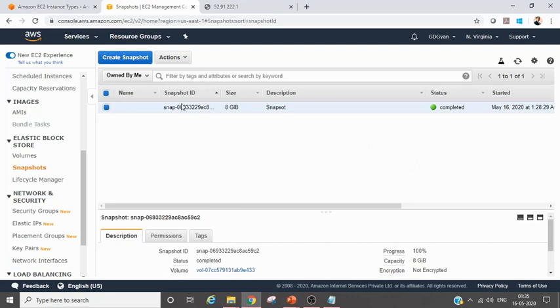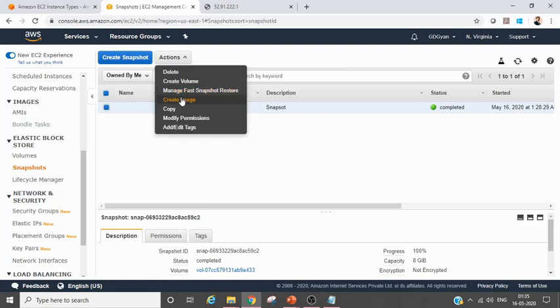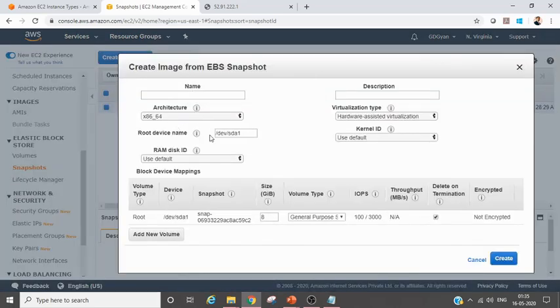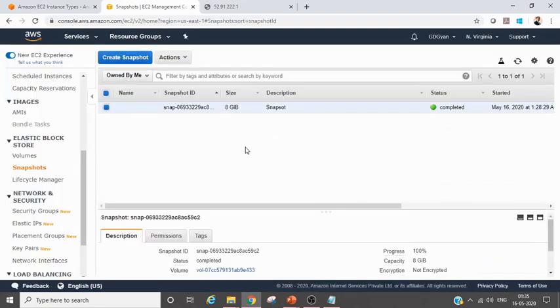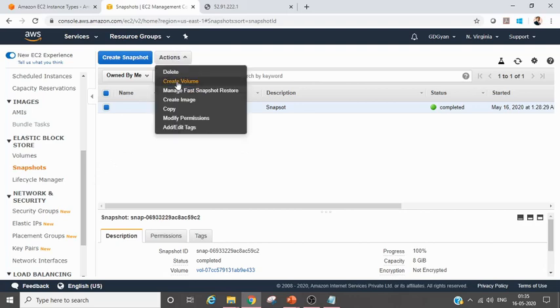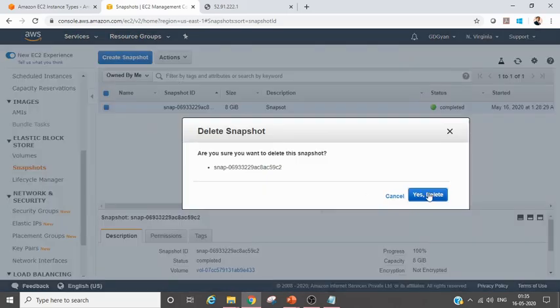Other one, we have this snapshot created, right? Now we wanted to launch another instance with the same snapshot. For that, the option is to create an image. So we'll create an image which will be in the same availability zone, and then from that image you launch an EC2 instance. So I answered your 3-4 questions, and after that I'll delete this snapshot.